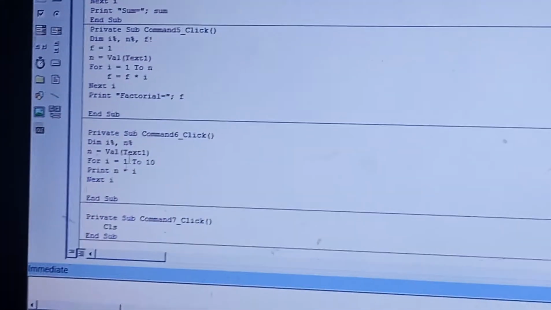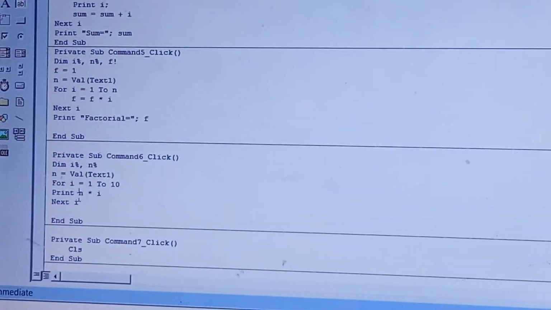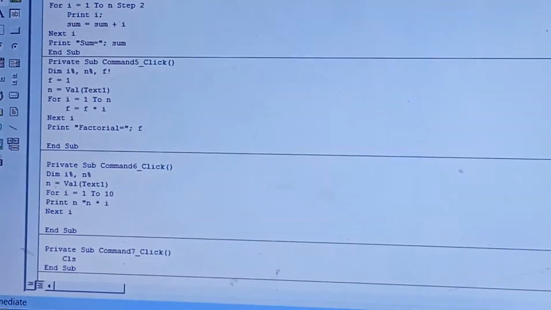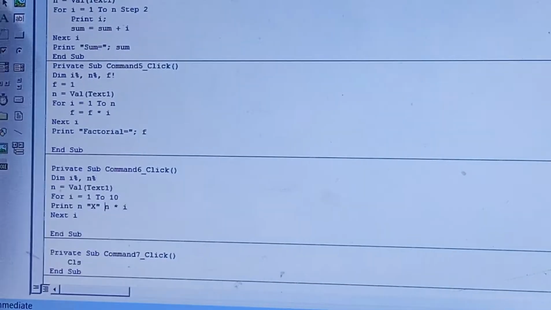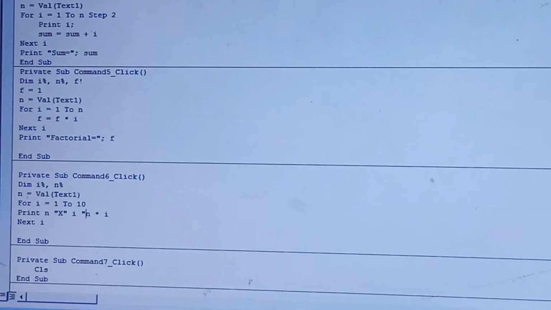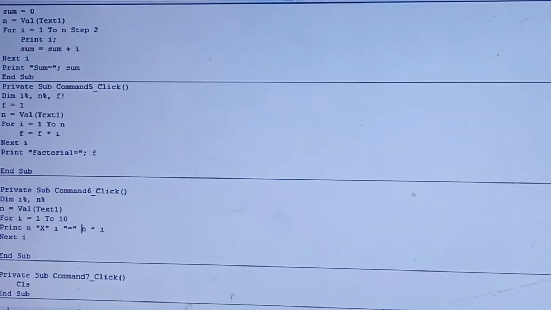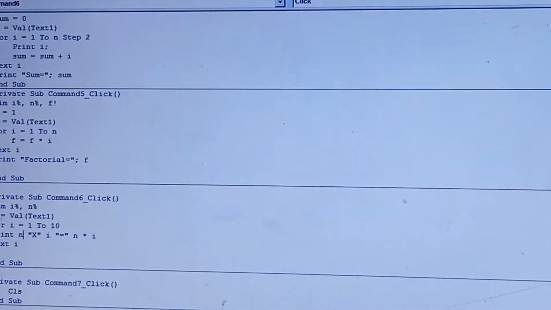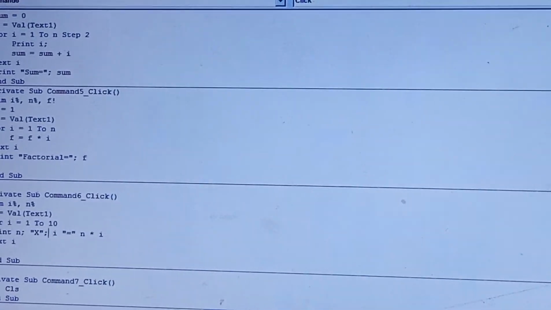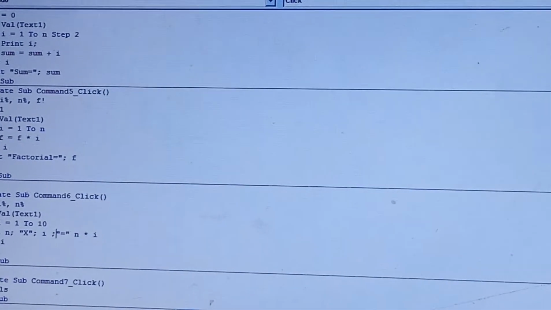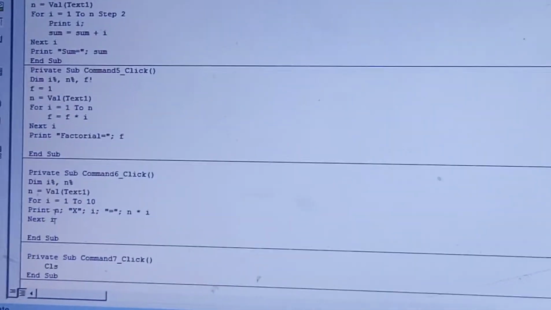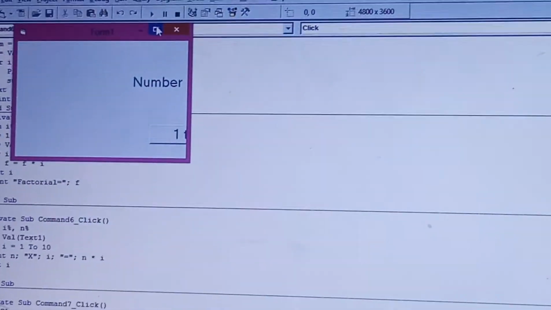Exit. Now look here, it's a multiplication table of n. Okay, so I'll write n here. When I want the into sign in between, I, because the value of I goes from 1 to 10, and after that I want an equal to. Okay, so let me put a semicolon in between, because we know that if you are going to print more than one value in print, each has to be separated by either a semicolon or a comma. Okay, so now let me run this, how it will come.